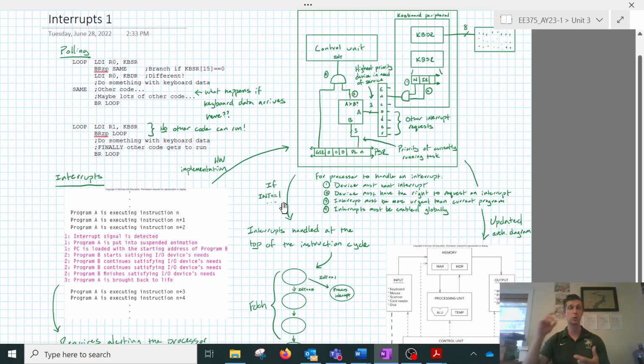All right, in a future lesson, we'll look at how this flowchart goes, how we handle these interrupts in software. But for today,